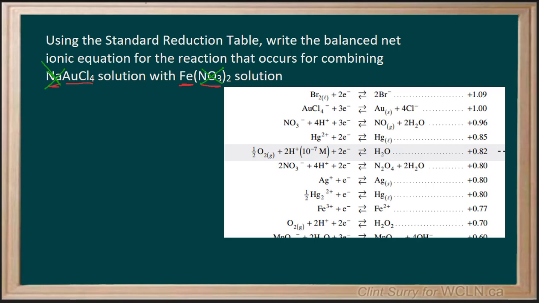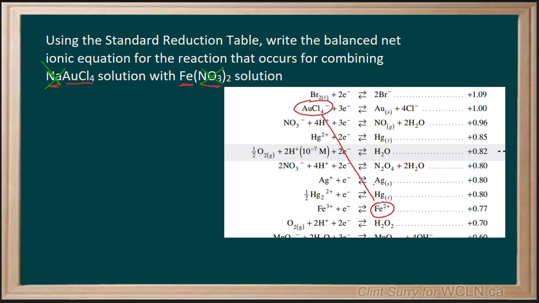Now that does leave us with the gold tetrachloride ion, and it leaves us with an iron +2 ion. Now, iron +2 appears twice on the table. It appears once as an oxidizing agent that will be reduced, and it appears as a reducing agent where it will be oxidized. And this is the version that we are interested in here. This gives us that backslash notation that we've noticed in our notes that tells us this would be a spontaneous